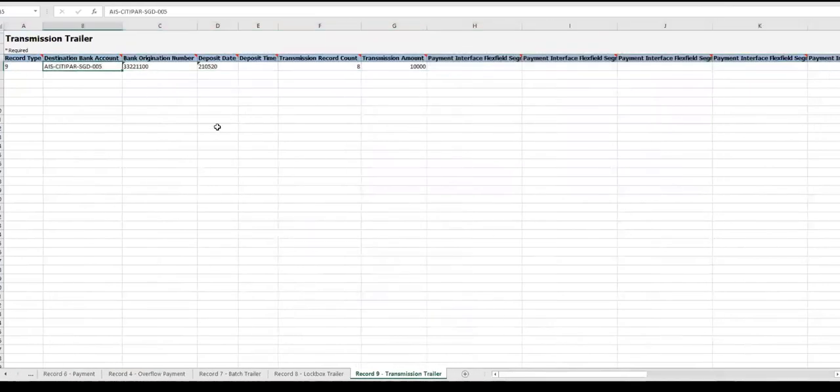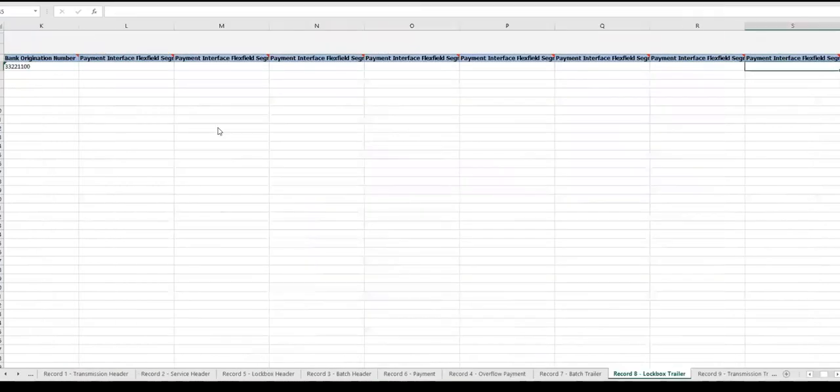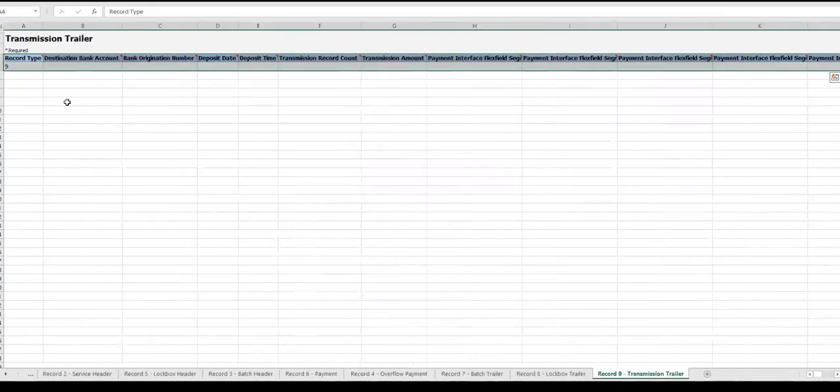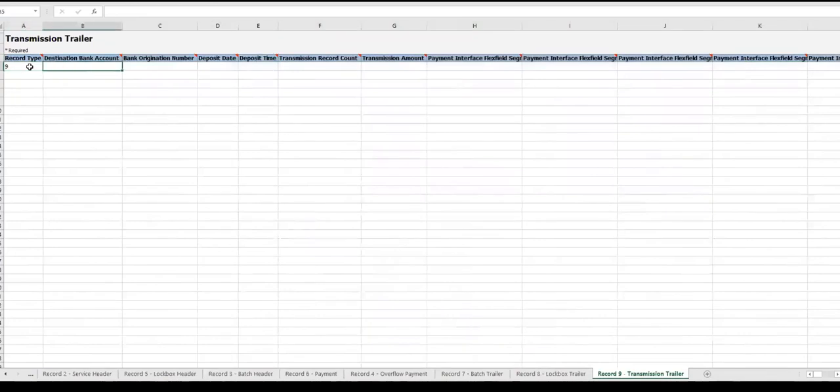And this is the last. Now we are going to enter the last sheet, the transmission trailer.